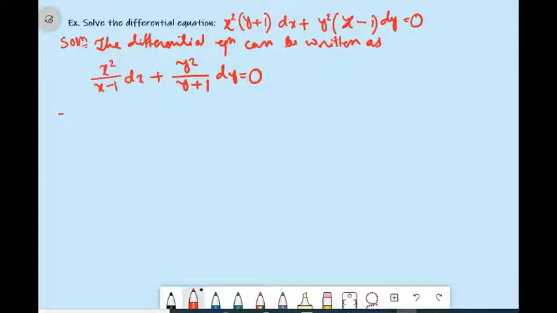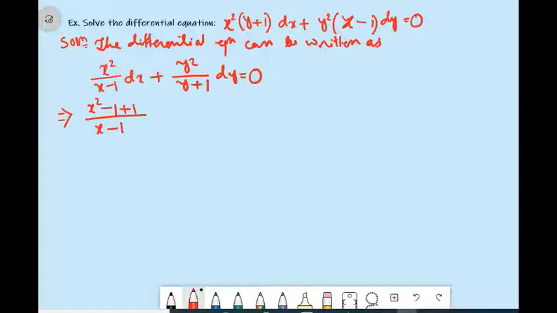Again, this can be written as, so this x² can be written as x² − 1 + 1. So ultimately the −1 and +1 get cancelled and it will become x²